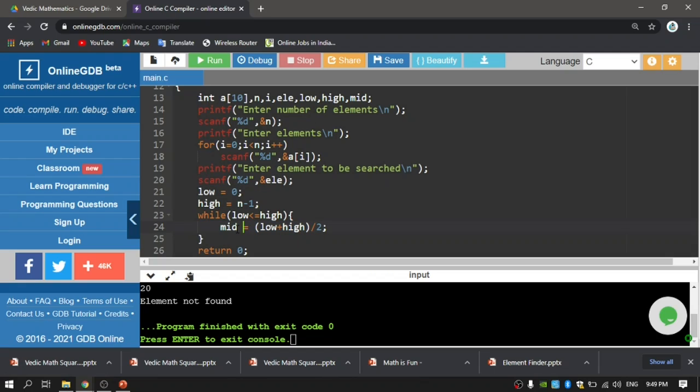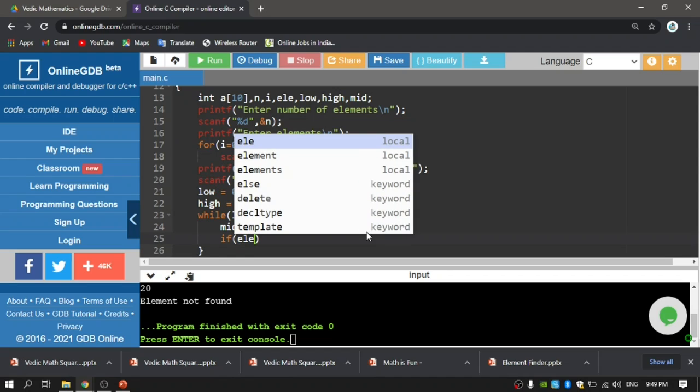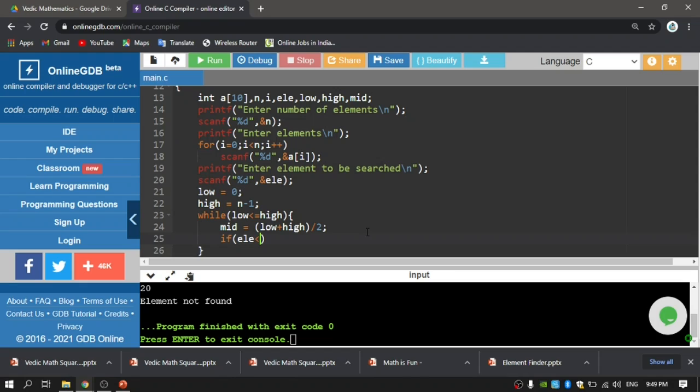The mid value will be stored as an integer, and after that I have to compare the element with a of mid. Whenever the element is less than a of mid, what is the meaning of it? The element I am looking for is in the lower half of the array, so I make high equal to mid minus 1.